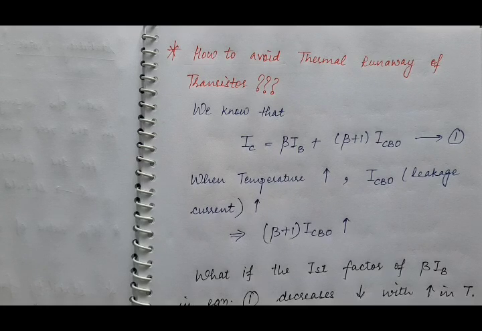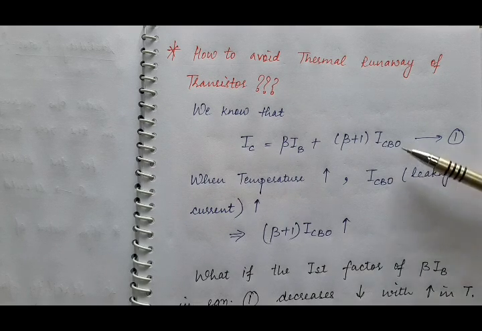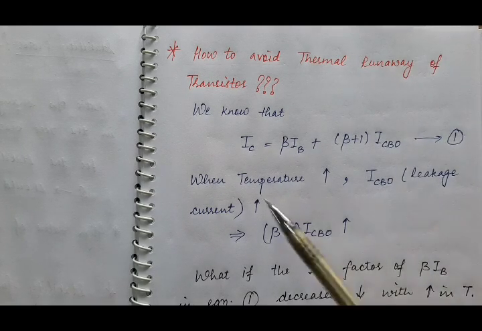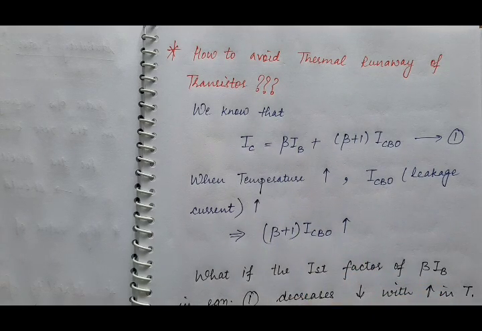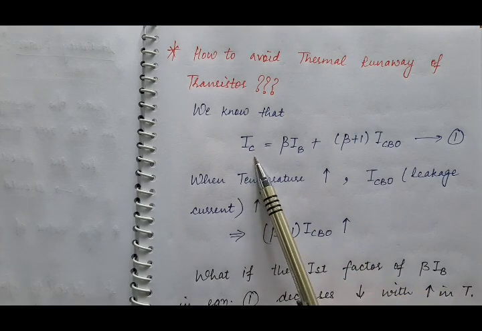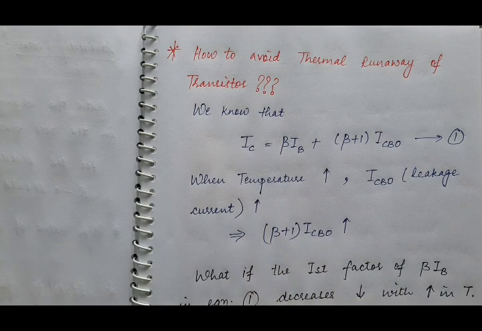Next, we have discussed thermal runaway of a transistor. And what was thermal runaway? It is the condition when, because of the variation in temperature, the number of minority carriers increases, and if the number of minority carriers flowing across the collector emitter junction increases, it will increase the leakage current, and this increase in leakage current will further increase the value of collector current, and if the collector current increases, it will further raise the temperature of the collector emitter junction of the transistor,